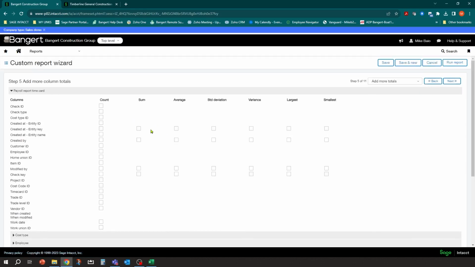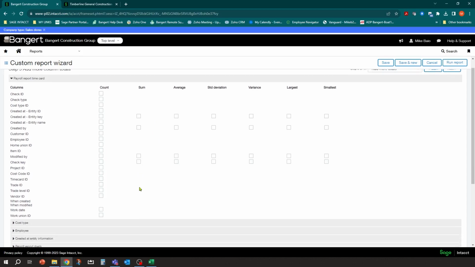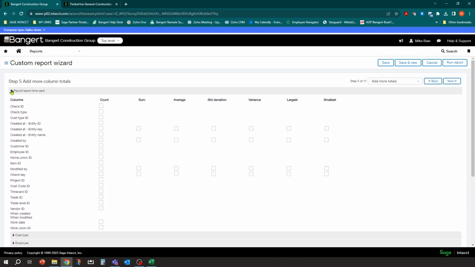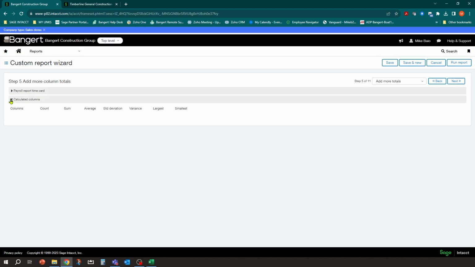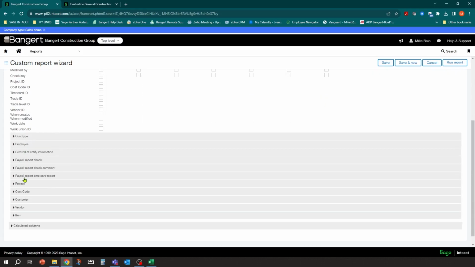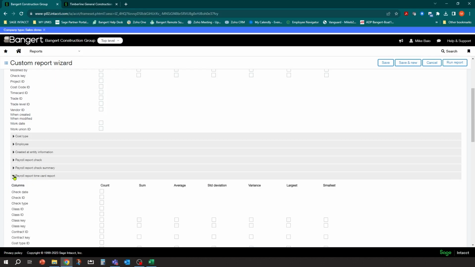And now I'm going to pick the columns that I want totals and subtotals on. So I want them on the total hours field. That was, if you remember, not in the report time card. That was in the payroll report time card report. It's a long one to say.